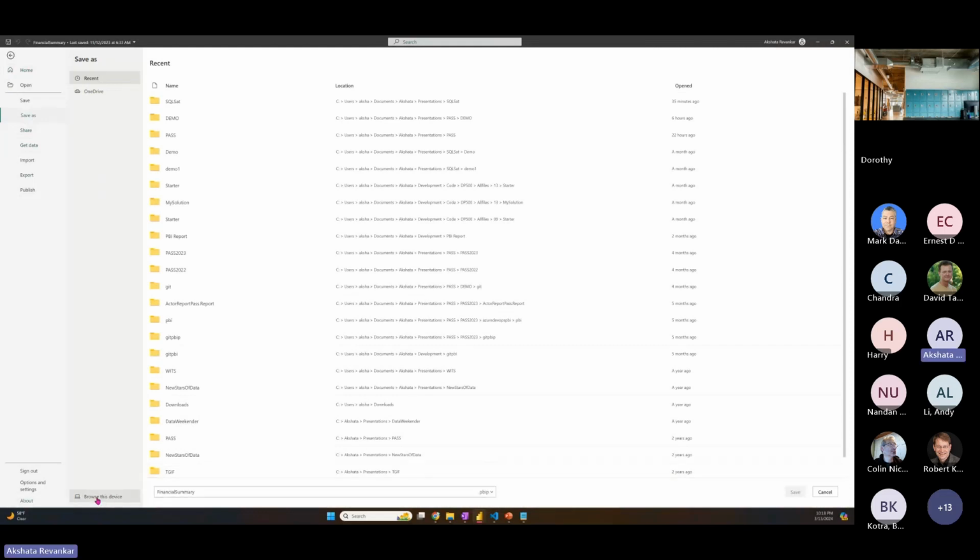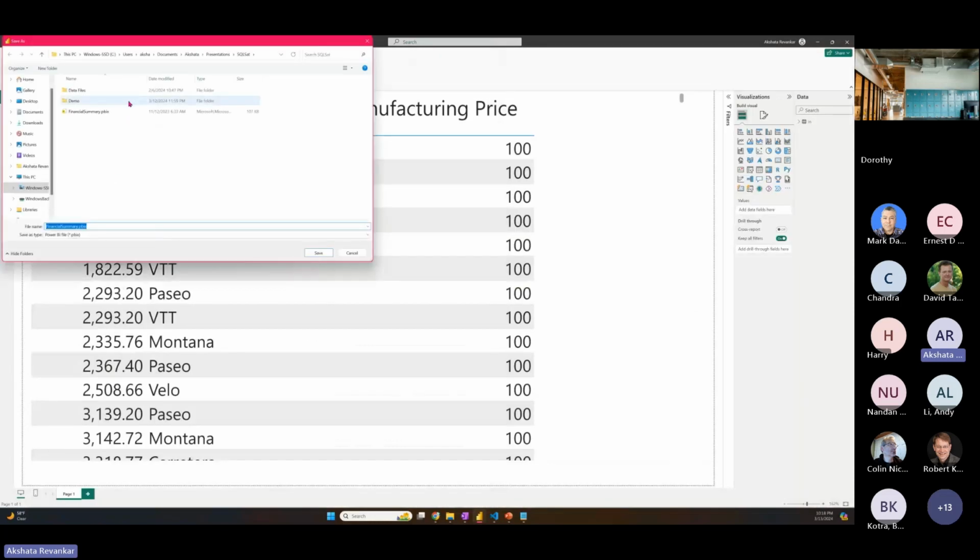I'm going to browse this device. I want to save it in a particular folder so that you can see, because if I save it in the same location, it'll get a little cluttered and we won't be able to see what exactly it's getting broken down into. So currently, when we work with a Power BI file, we save it as a simple PBIX file. But switching it to PBIP here,